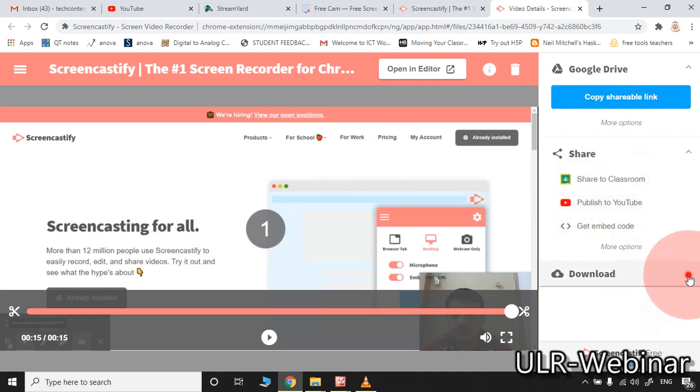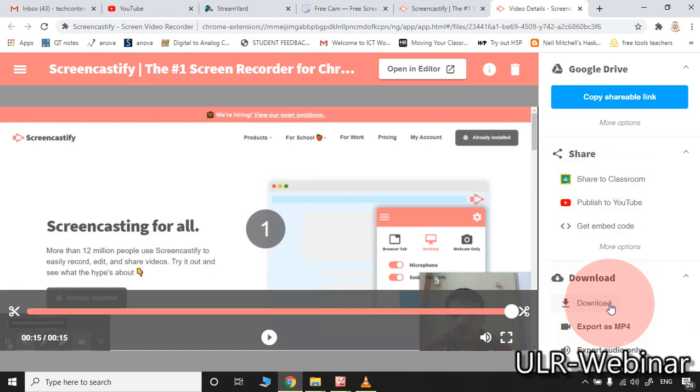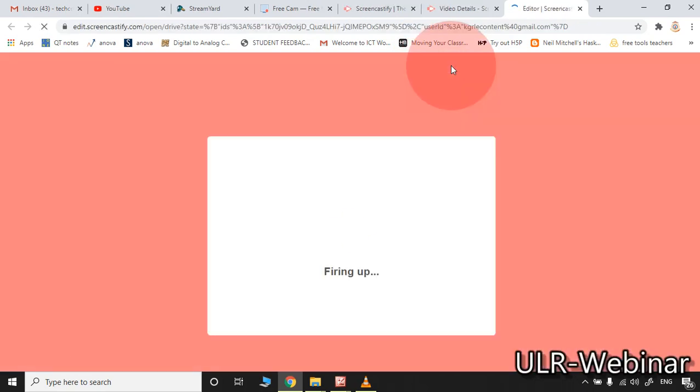If you want to download, the download option is there. Directly you can download the complete clip into your computer also. If you want to delete this particular clip, you may delete in this place. If you want to edit, you are supposed to click open in editor. Then please observe.